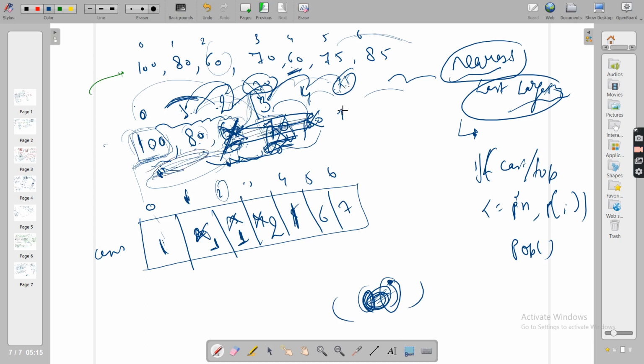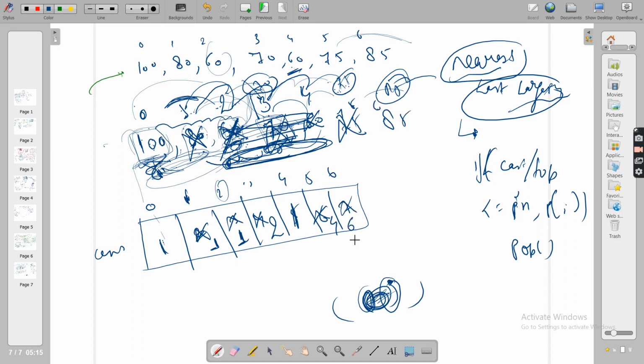So 75, we'll put 75 here, index number 5, 5 minus 1, which is 4. Now see, when 85 comes, 85 will see, okay, 75 is lesser than or equal to me, I'll remove it. Now I don't have to compare with all these, so here you are saving 3 comparisons. In this way, you are saving comparisons, because we are removing them. So 85 will also remove 80. 85 will see, okay, 100 is the boss, 100 is my blocker, 100 will not allow me to further expand my span. So 85 is index number 6, 6 minus 0 is 6.